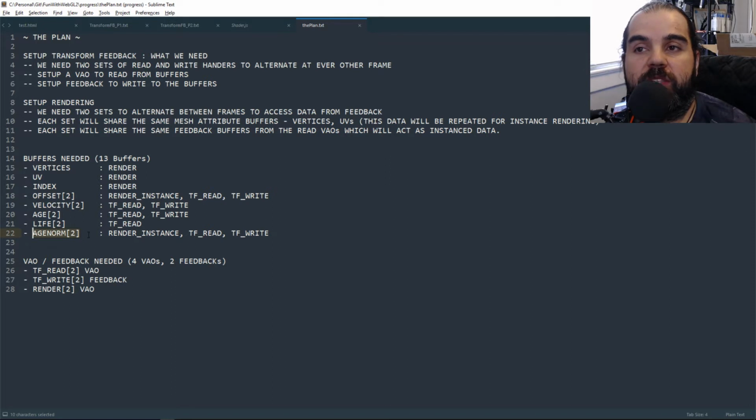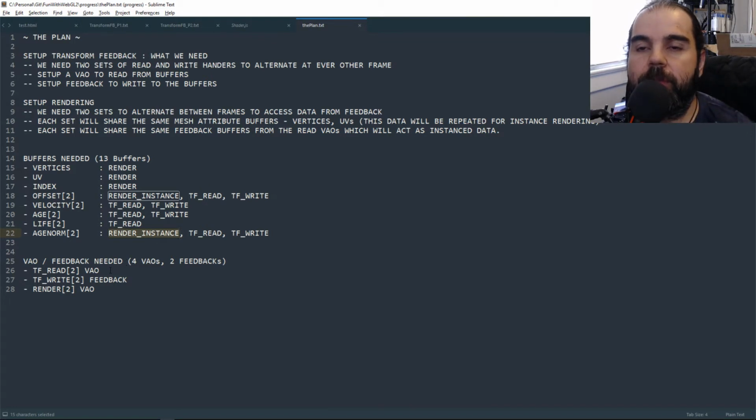And what we need this for is actually for our render instance, because when we're rendering, we want to know at what point in its lifetime this particle is, because we're going to do certain things, like, as it gets older, we want it to fade away. As it gets older, we want to make it go bigger, or we'll make it go smaller, things like that. So we need to know how old it is,